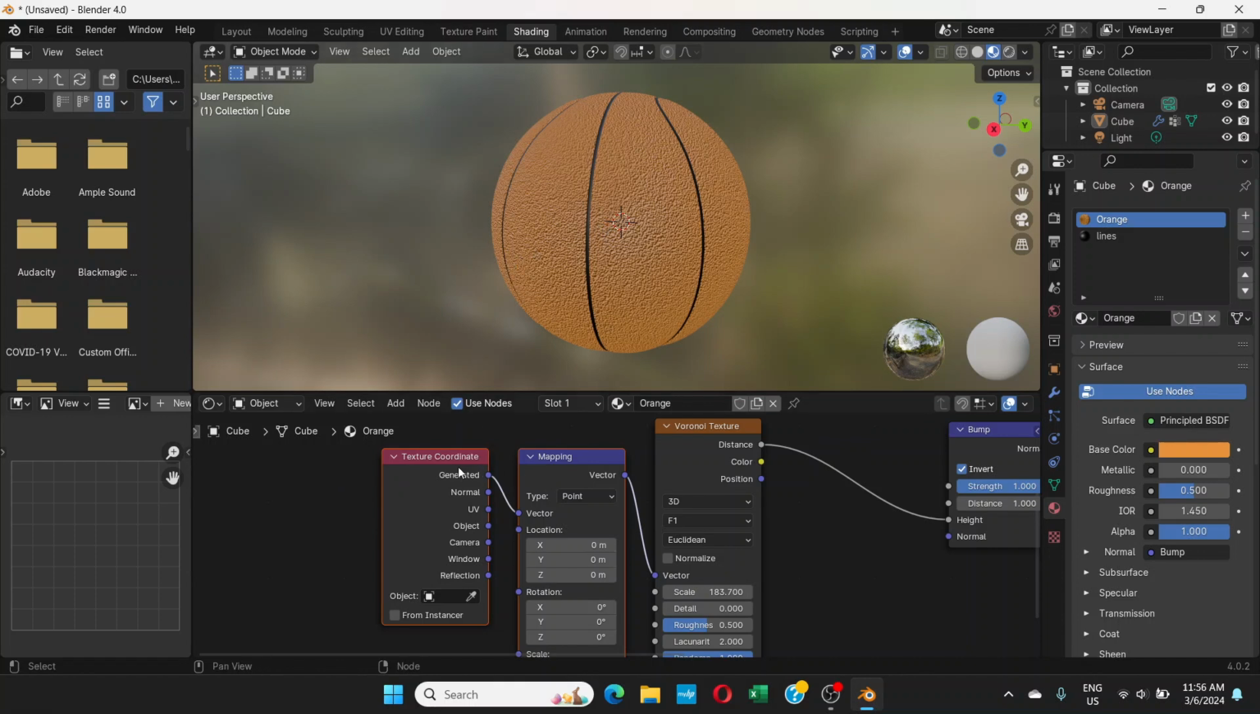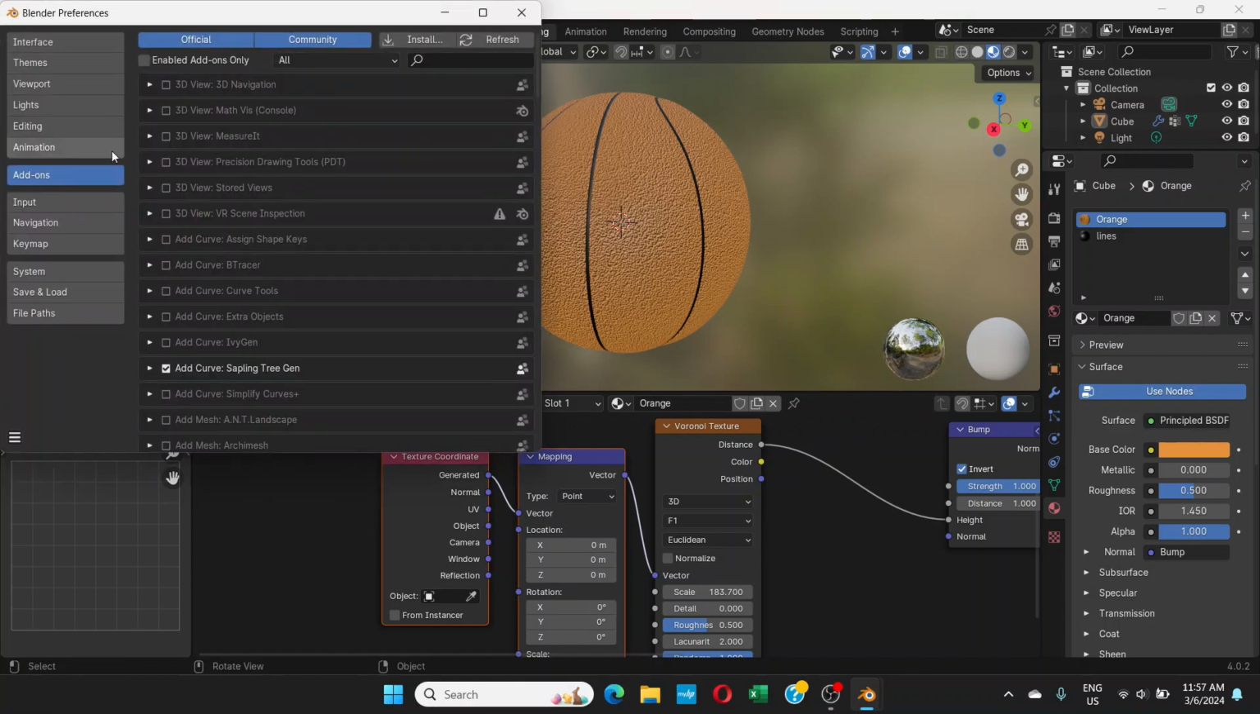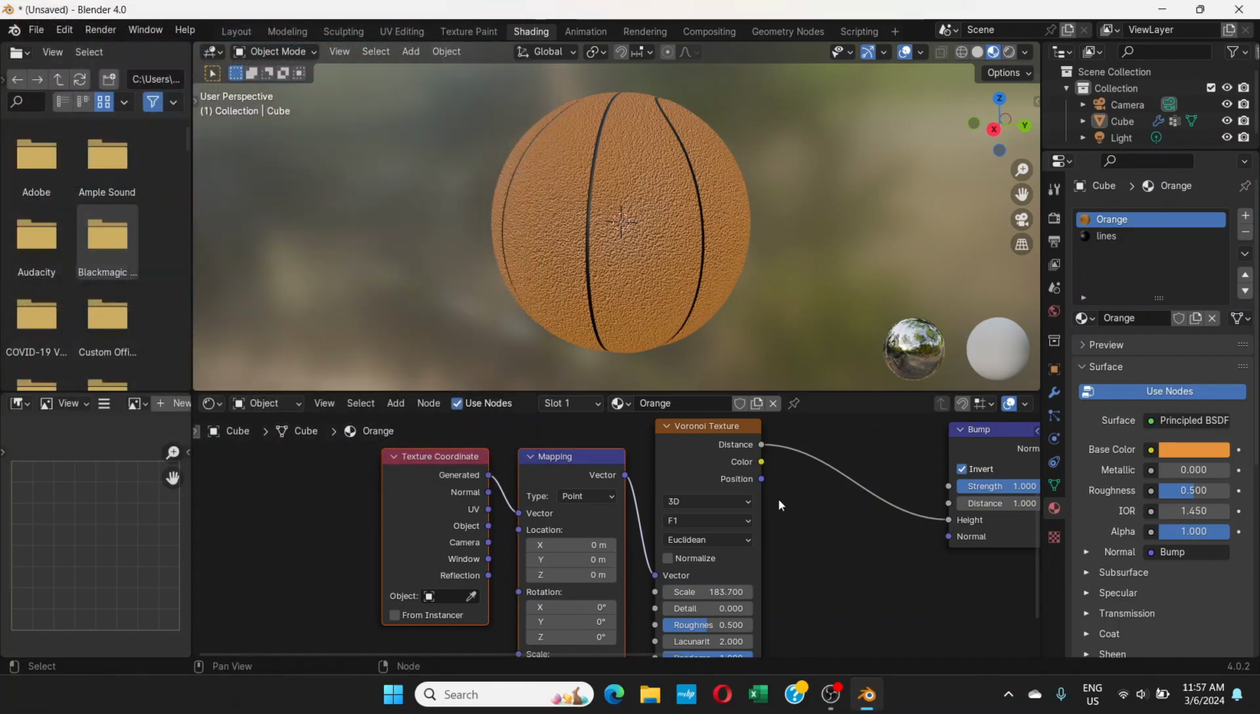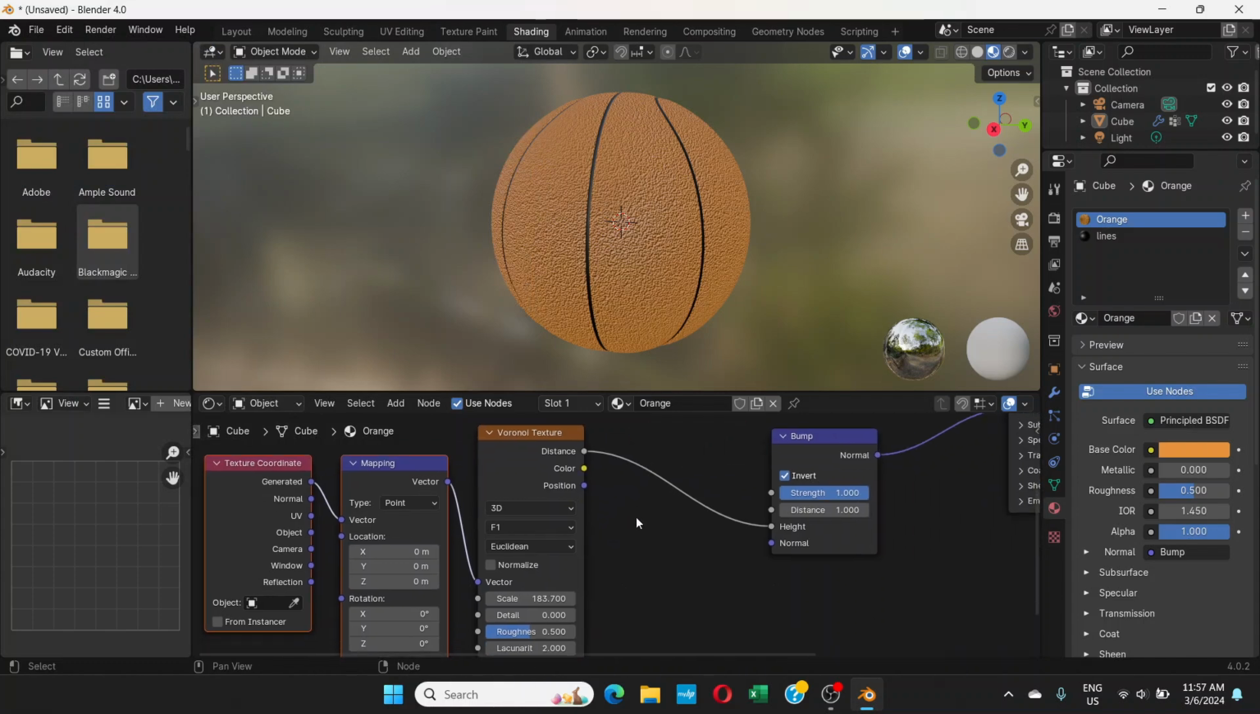If you don't have this, even after pressing Ctrl T, that means you need to go to Edit, Preferences, go to Add-ons, go and search for Node Wrangler and check it. Okay, if it's not checked, then the Node Wrangler is not gonna appear. Okay, so after that,